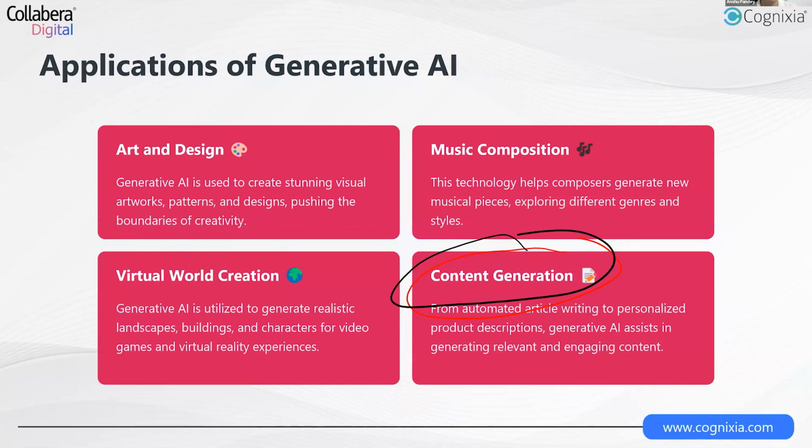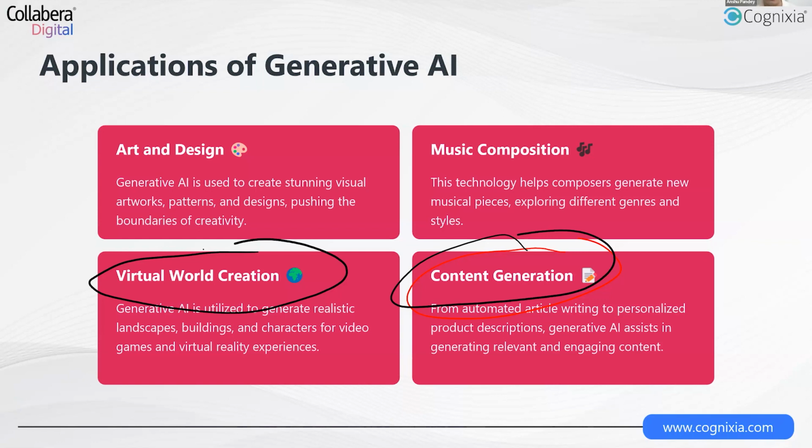Besides this, the other worlds where there's a lot of opportunity and there's going to be huge disruption with generative AI includes virtual world creation. The whole world of metaverse, right, and the virtual world can be actually automated, can be actually created at a very faster pace with the help of generative AI. The imagination can be converted to reality at a very Godspeed rate with the help of generative AI. And that's happening. That's already in progress at the experimentation and development level.